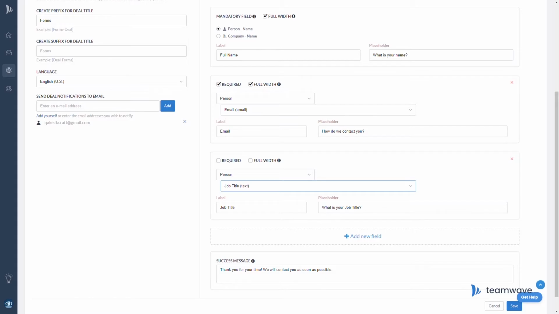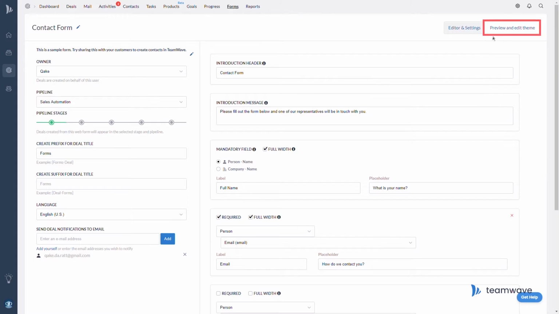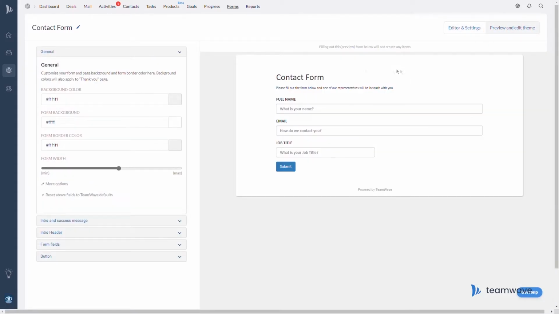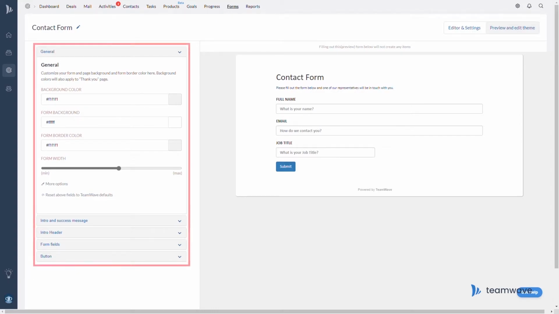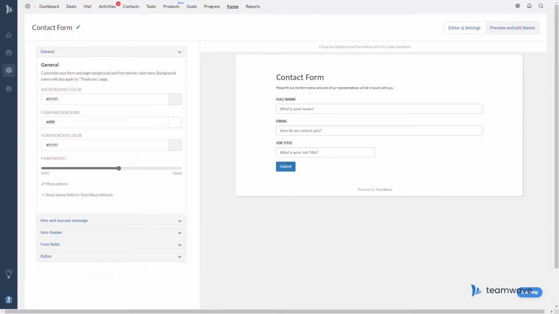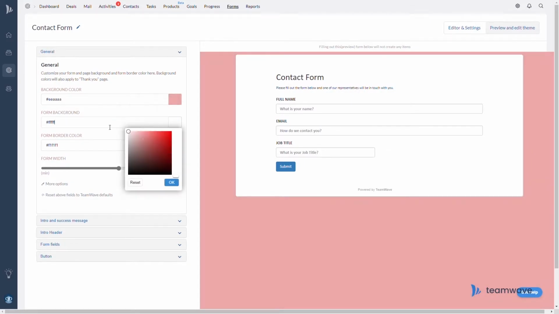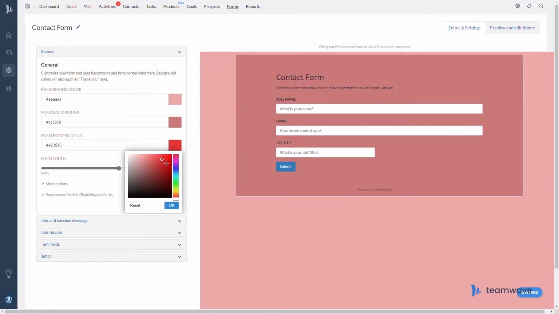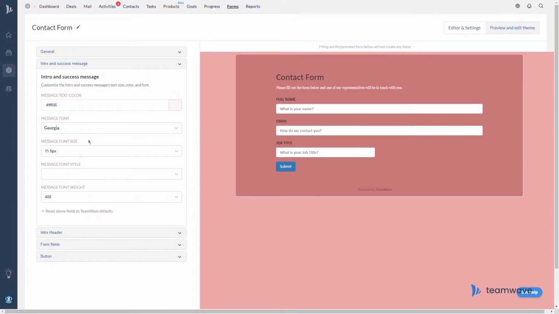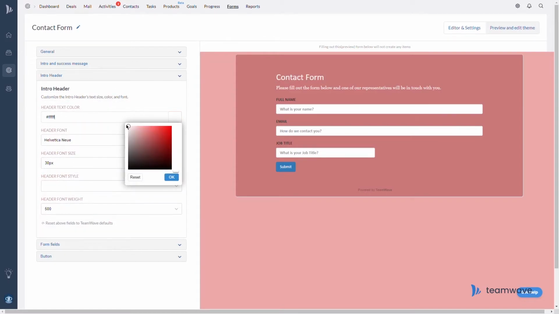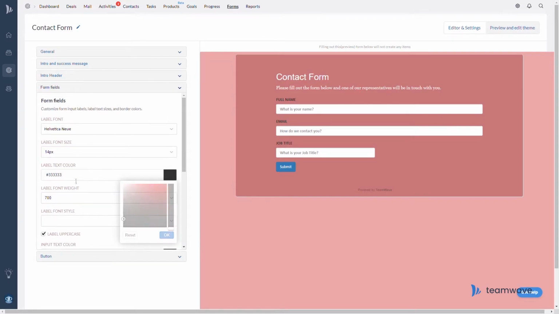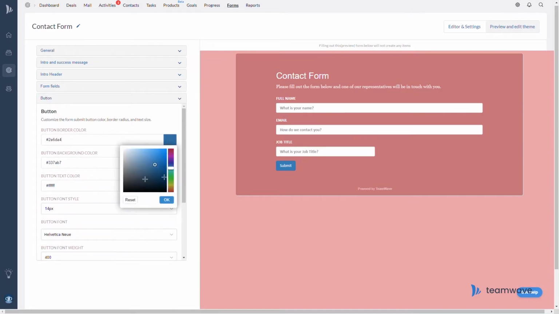But we're not finished yet, because now we're going to customize the style a little bit. This will give you a preview of what your form looks like right now, and over here is where we can actually start playing around with the colors and different fonts and such. Let's say for instance I want some soft neutral colors, and this is the actual form itself. The intro and success message are also completely customizable. You can select from different fonts, different styles, different colors, and of course the form fields as well as the actual submit button can be